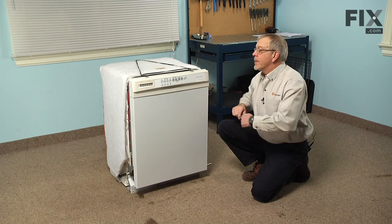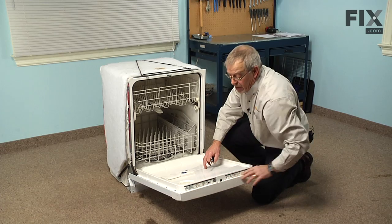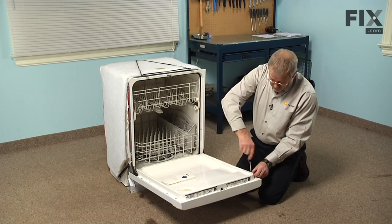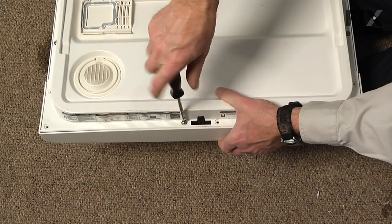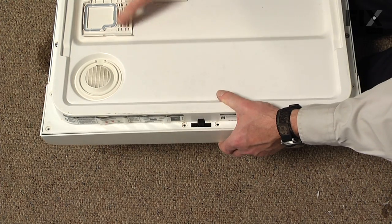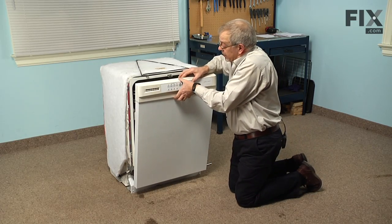Next, we'll open the door completely, and then locate these 6 screws across the top of the inner door panel, and they're a number 15 Torx screw. So we're going to remove all of those, 2 on each side and 2 across the top. Now when you remove the remaining 2 screws in the center, just support that control panel to the inner door panel with one hand. Now with the door in an upright position, you're just going to lift out on that control panel